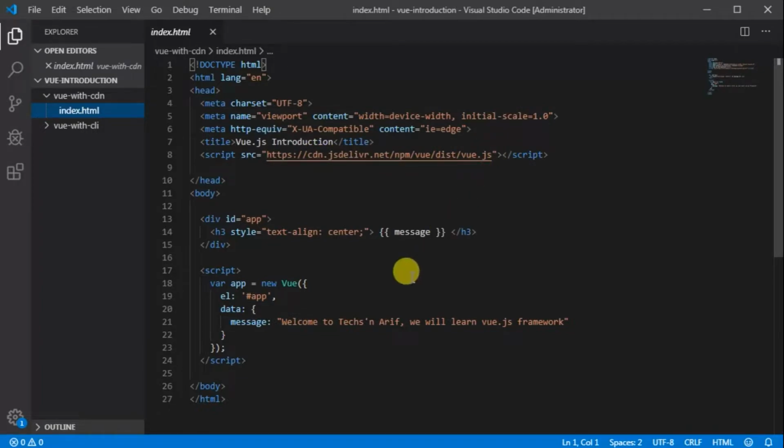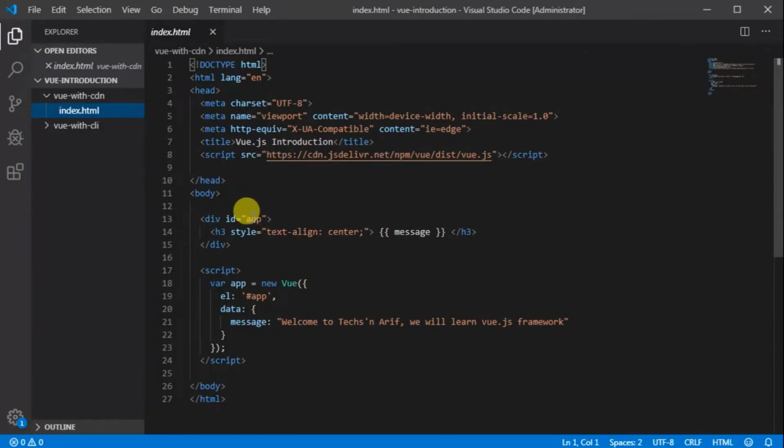In line number 18, we are declaring the new Vue instance with element and data properties and passing a message to the HTML element via the data property. So in Vue.js, whenever we pass any values, that has to be done via data properties. Then the value of the element property is the ID of the HTML div tag.